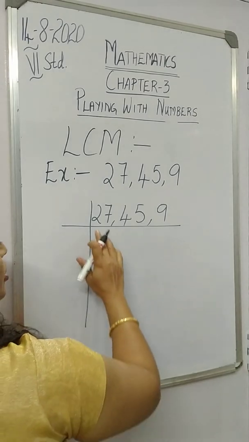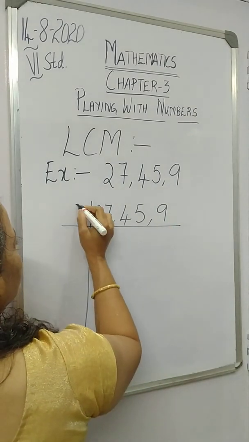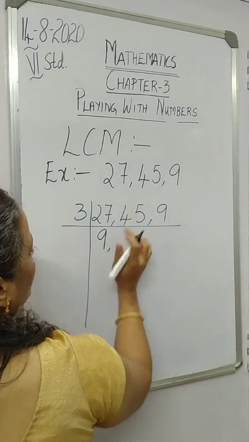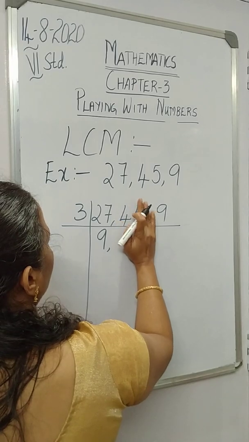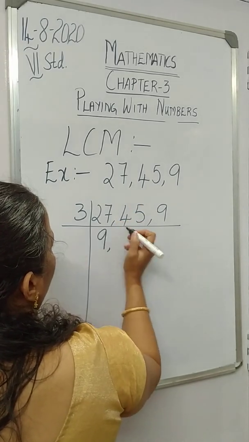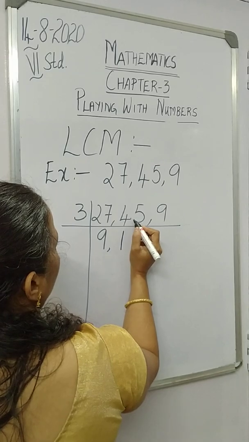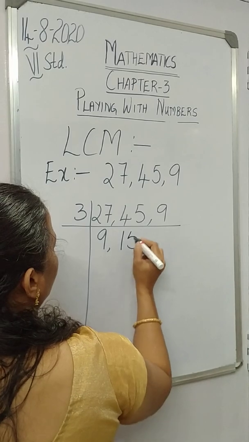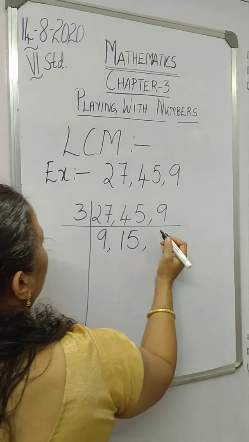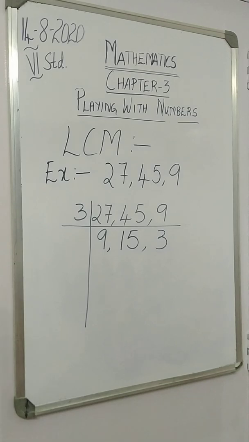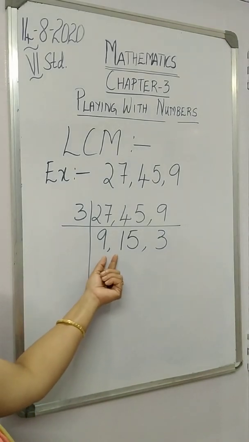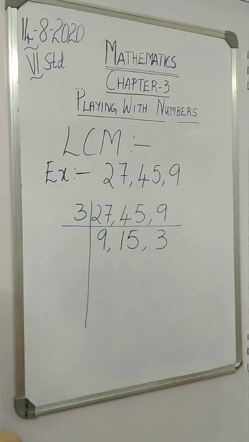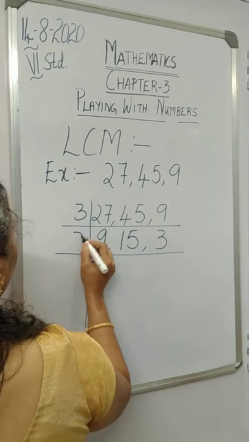Can you tell which is the prime number which divides all these? It is not 2, it is 3. Yes? 3 9s are 27. Now, you have a confusion. Divide if you want or close one number and see. 3 1s are 3. What is remaining here? 1 is remaining. Join with 5. It will become 15. So, 3 5s are 15. Now, 3 3s are 9. Is it okay? Now, you see 9, 15 and 3 here. In which table do we get all these numbers? Of course, we get it in 3 table.